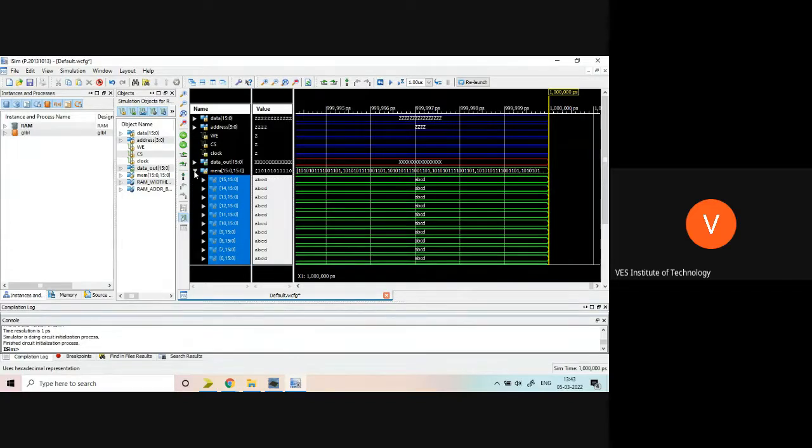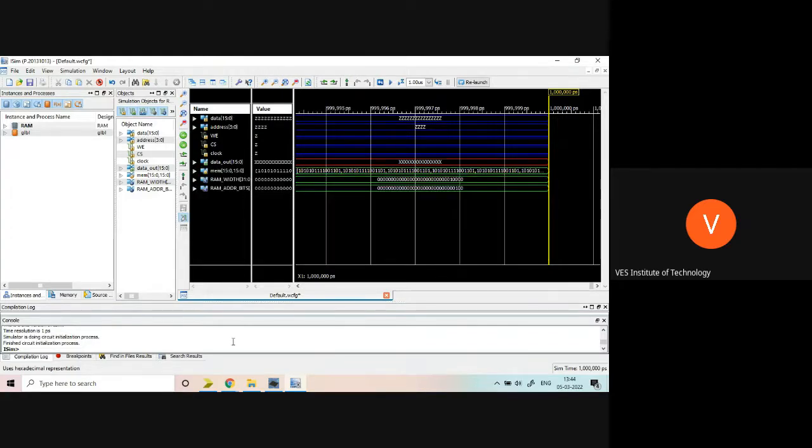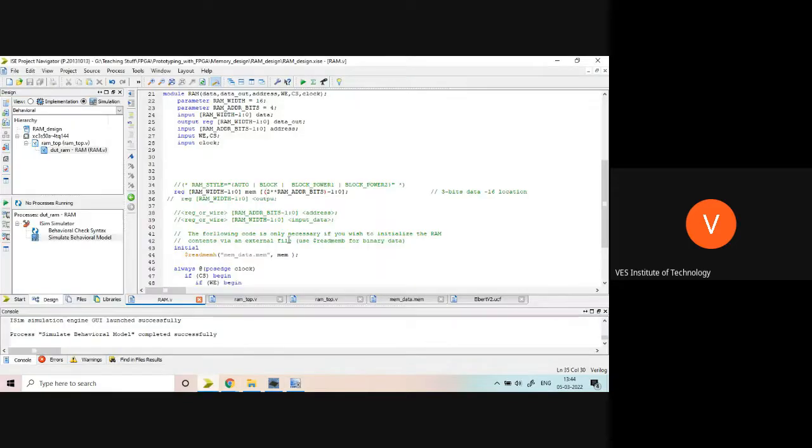If one extra dimension is there, there will be one point and then 16 locations, then a second dimension, and each location will have 16 bit data. That kind of thing will be there. But ultimately, memory will remain serial. Okay, I think now most of the points are clear.